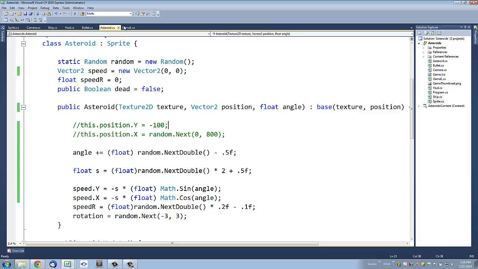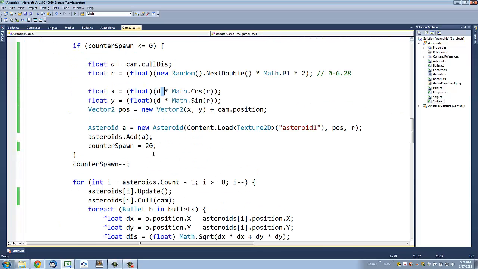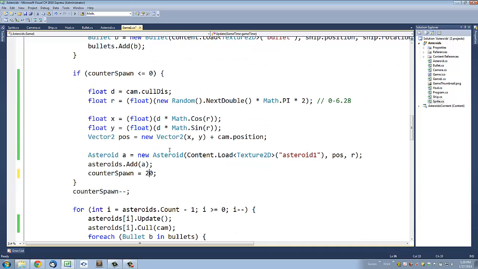There's a couple different things we could do, though, to fix that. We could come down here to our spawn counter, and we could increase that so that asteroids are only spawned every 40 updates instead of every 20. Or we could just set a maximum number of asteroids at any given time. So we could say